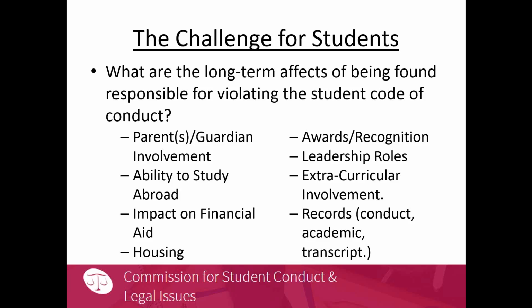We don't necessarily think about some of the financial aid packages that our students have, and how will it be impacted if they're removed from the community for a period of time, or if they're in a situation like this one. Housing. Here, we don't allow students to live off campus if they have a certain number of points, for example. And so how might their housing be impacted? We also may move students depending on what's happening in their circumstances, and so then they are uprooted from their entire friend group. Awards, recognitions, extracurricular activity.